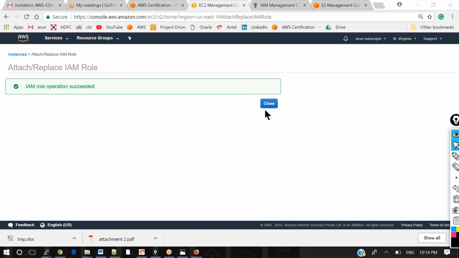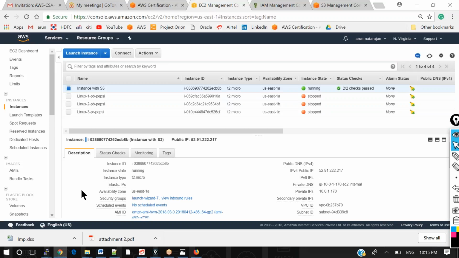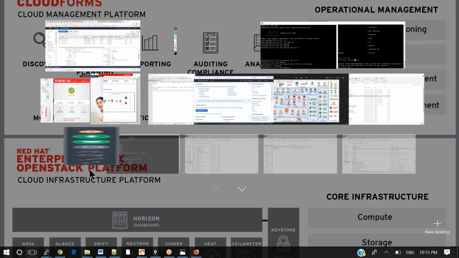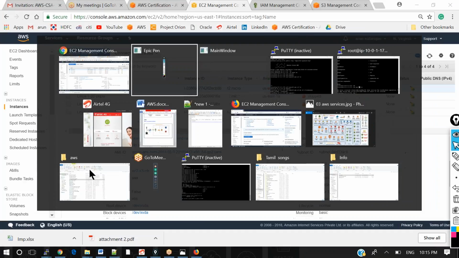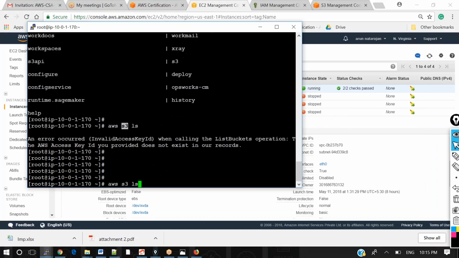Okay, so the role has been applied. So now I'm trying to access the same from that server. So this is my server.